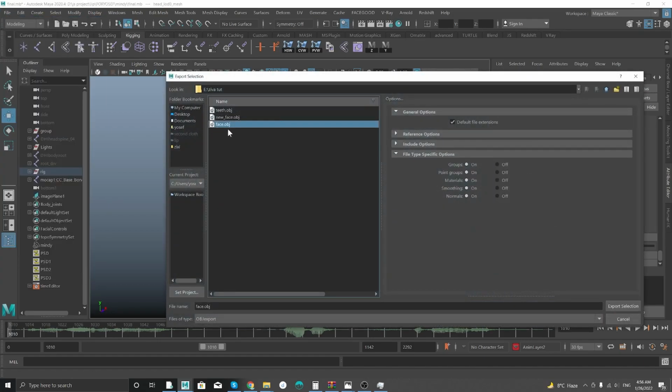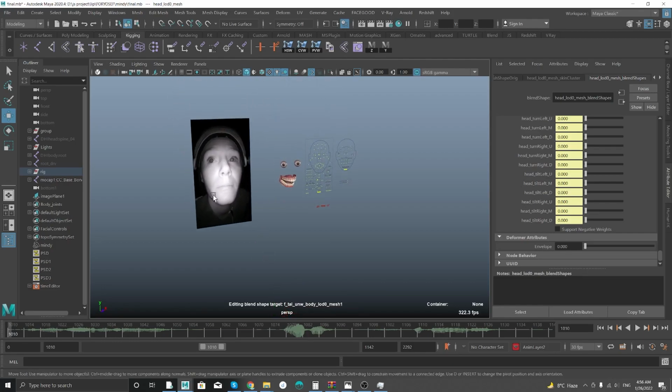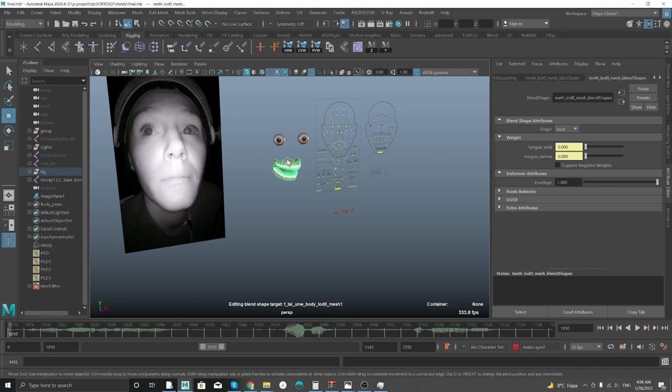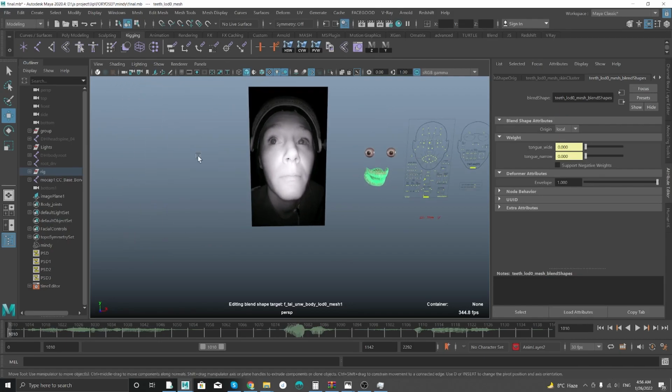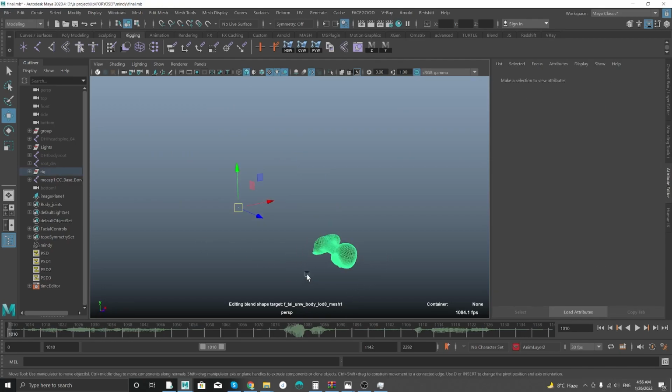And I'm going to export this as face. Actually, not exporting the teeth, I'm just going to export the animation for the teeth. So now let's go back to the face. Actually, there's a glitch